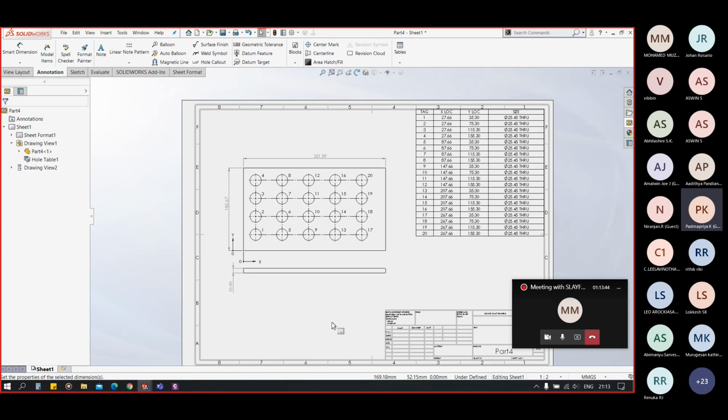So to prevent that, to prevent the errors in manufacturing, we have the whole table function. So using a whole table,